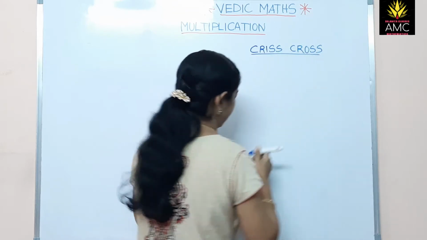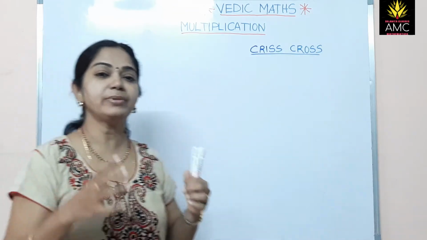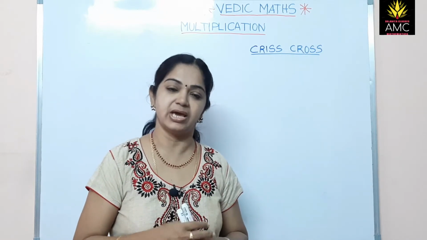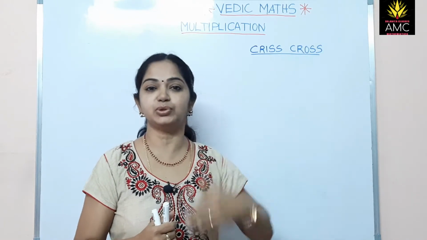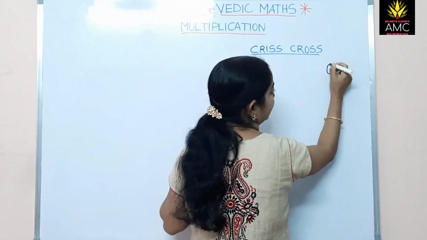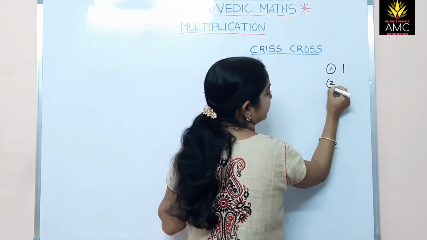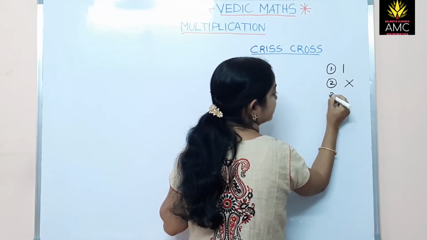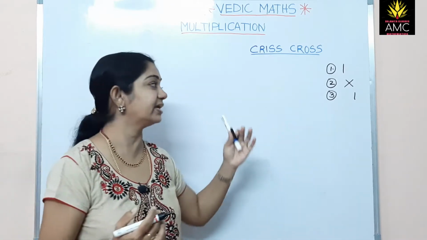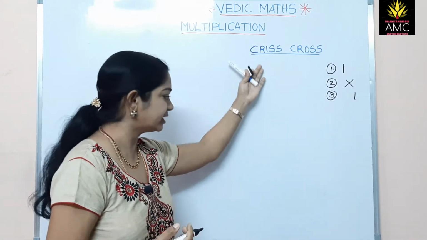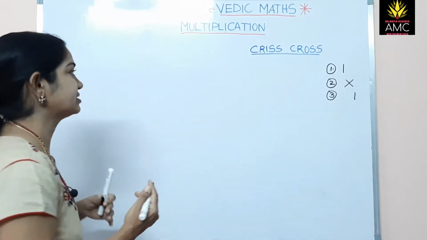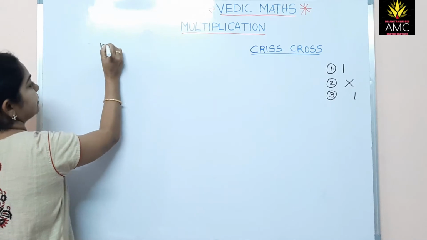Crisscross method, right? Now here, we need to know first how many steps are involved in this multiplication. In the 2-digit by 2-digit, we had 3 steps, isn't it? Let me recap. We had this step, the second step we had like this, the third step we had this extreme one. 3 steps. Now how did we get the number of steps? How do we get the number of steps in 3-digit multiplied by 3-digit?